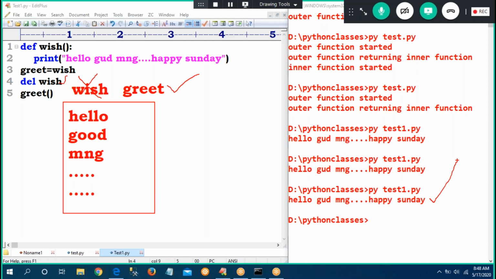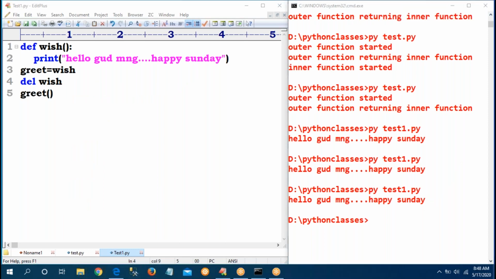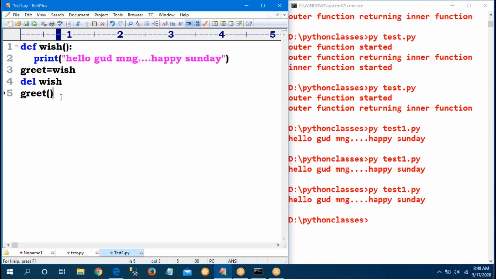Who was telling error? No, madam. So I have given one more aliasing to my wish function. For suppose tomorrow I give this greet to Sunny: Sunny equal to greet, del of greet. If I run Sunny now, am I getting output or error?